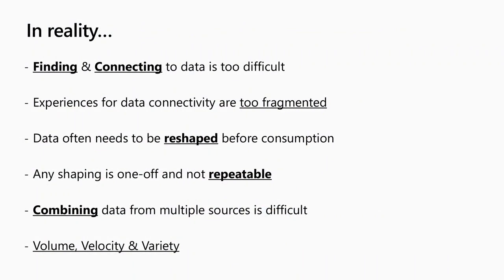First of all, it's really easy to find and connect to data. Data is everywhere. It's easily accessible for everyone. There are many different tools to connect to data. They all work just fine. Data is always ready to go and always in the shape you need. There's never problems with data quality or reconciling data. Reshaping data is easy to do, so even in the very rare case when you have to do it, it's really easy. And combining data across sources is also pretty fun and simple. Data volumes are small, easy to manage. Data usually only comes from a single source and very rarely changes, so you don't need to handle refreshes and issues like that, right? Okay, I'm glad you guys are all awake.